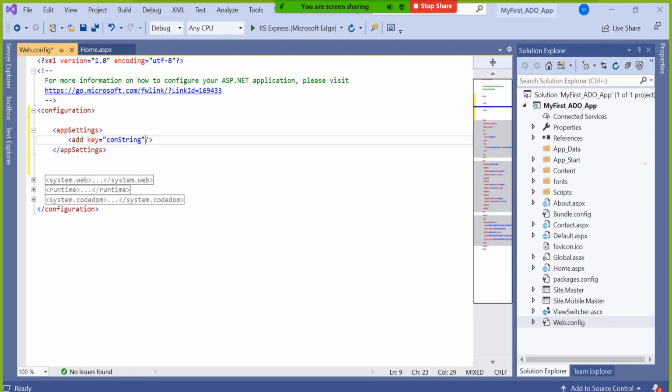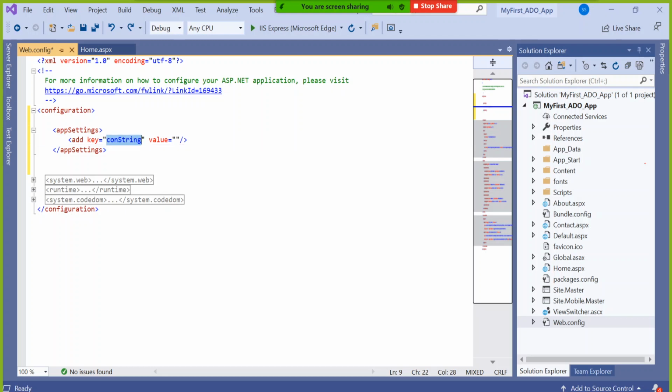Okay, it is not a good idea to give x, y, z, a, b, c, etc. Though it is allowed, I named it con string, not a keyword, just a meaningful name. Then I will say value. That means if you are writing x equal to 100, this x can be used across the application in any page. You take it that way. Okay, so that's what the configurational layer says.